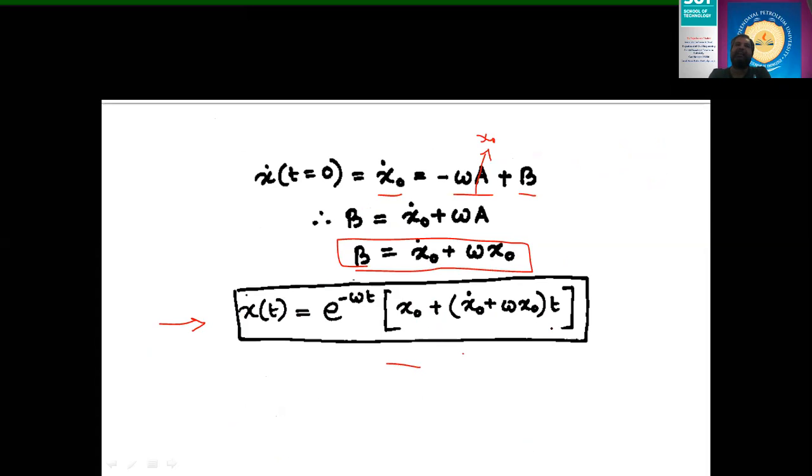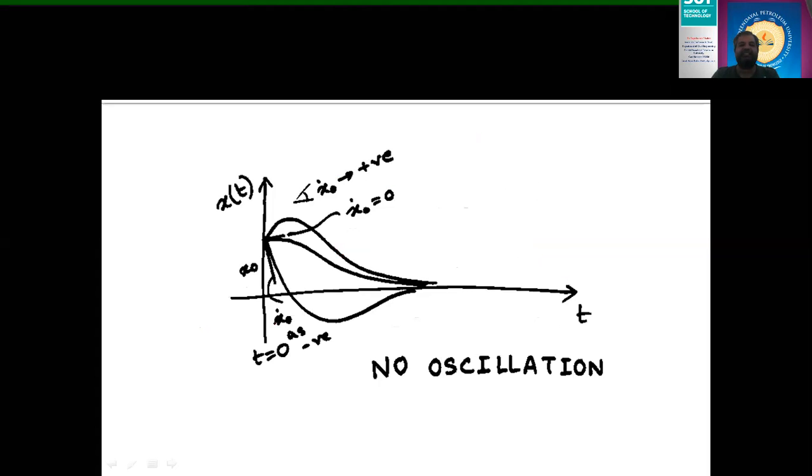So from this, you can find out the response of a vibrating system which is vibrating in critically damped conditions. Then you can find out the displacement at all times t with the help of this formula. If you want to plot the response of this, then the response will look like this.